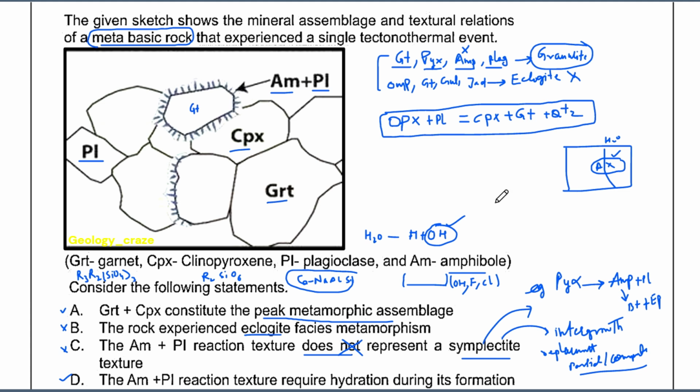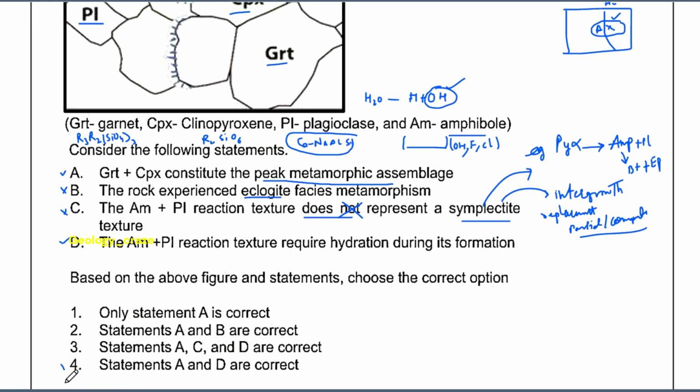In this way we have to attempt our previous year questions and understand them. Then when this type of question comes again, I will be able to delineate the option. Suppose there is one option I am unable to know, I can still answer at that time. This question itself has huge information in it. Now our right options are A and D. This is our correct answer. Why the others are wrong, I already told you.